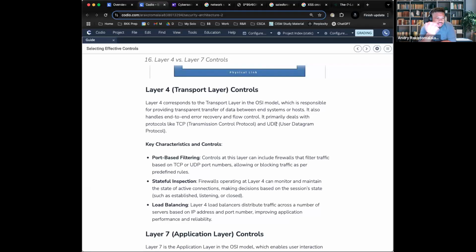If you're going to remember anything on top of the OSI layer and port security, one of the key things to understand is TCP versus UDP. TCP is secure. UDP is not as secure. TCP is slower, but UDP is faster. The way I remember that is UDP is similar to YouTube. YouTube is meant to be fast.